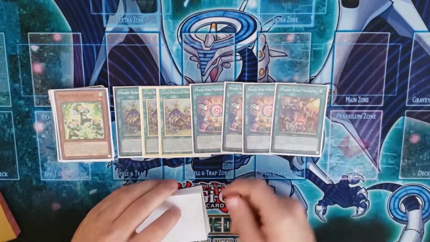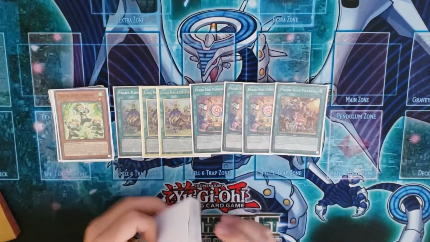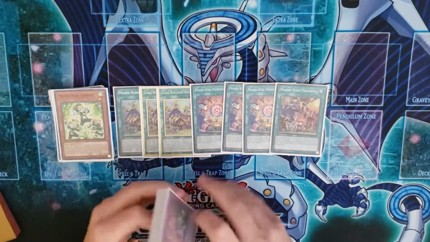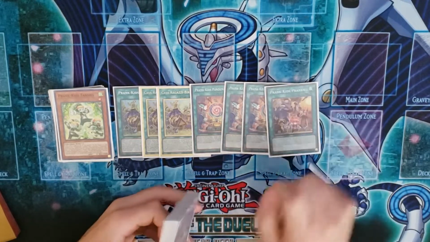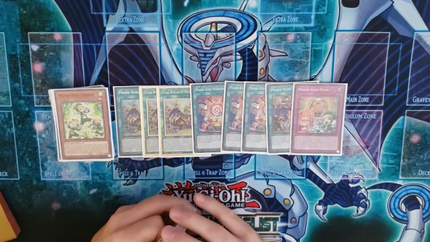Helps you recycle the Meow if you don't want to burn it right away with the effect of Butler or Rooster, and also helps you draw 1 during the end phase. And 1 Pranky's Plan